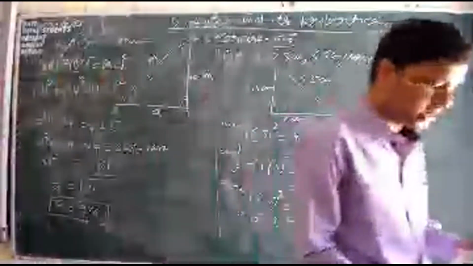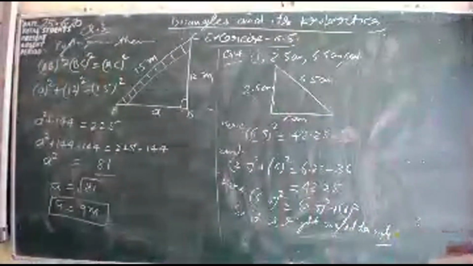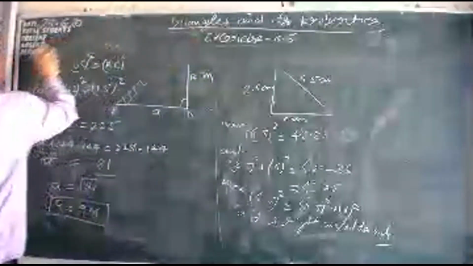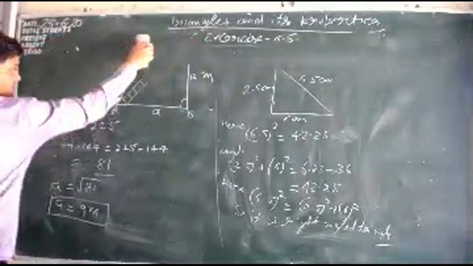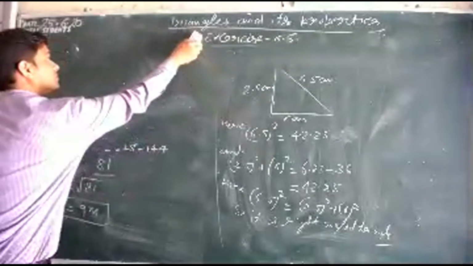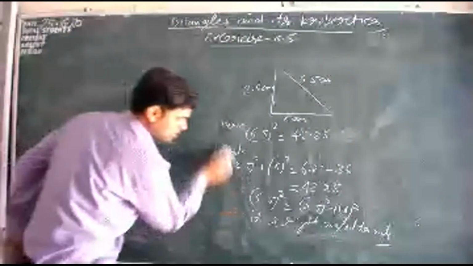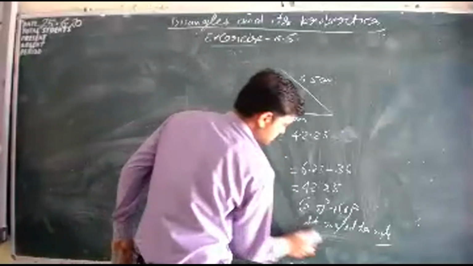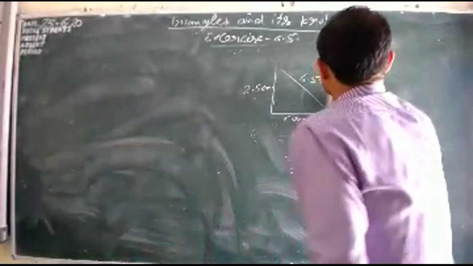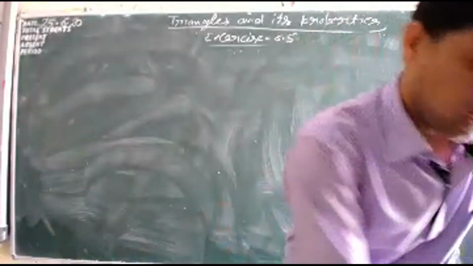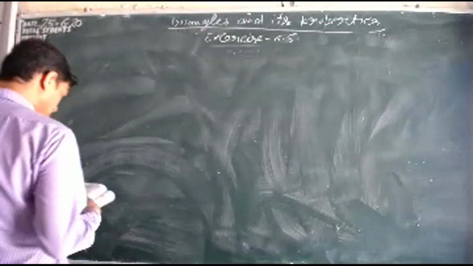A tree is broken at a height of 5 meters from the ground. It is a very tricky question because it is a data based question. मतलब एक बहुत ही अच्छा क्वेश्चन है जो हम डेली लाइफ से इसको रिलेट कर सकते हैं। जैसे घर के आसपास कभी पेड़ टूटा होगा या कभी देखा होगा आपने, तो उसी के अकॉर्डिंग ये क्वेश्चन है।